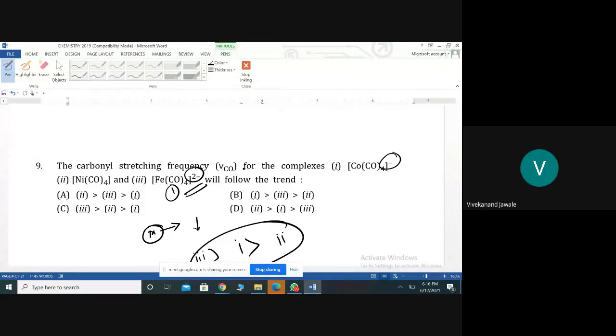From this concept, you can say on your complex, what will be the charge? Directly you have to find out the charge, and the same charge is present on your metal. From this complex, can you give me the idea? What will be the charge? Shweta, what will be the charge? So 2 minus. Here we have minus 1.